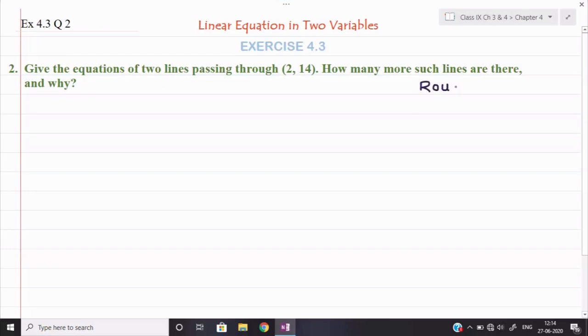This is rough work. Okay, this we are not showing as a part of the solution. But suppose I say add 2 and 14, simply the points I have given, we need to write down the equation of those lines which are passing from 2 comma 14. Technically, they want to say here you write down those equations where if I put the value 2 comma 14, then 2 comma 14 will satisfy that equation, means x equal to 2 and y is equal to 14. If you put that in the equation, then LHS and RHS should come same.